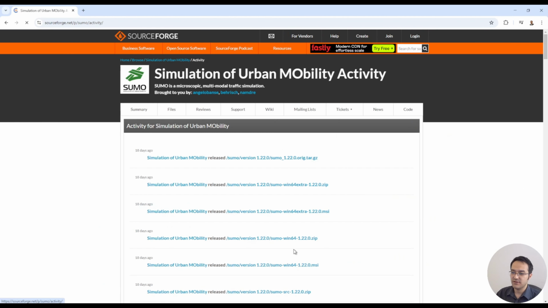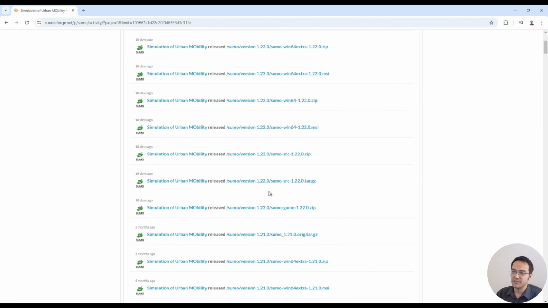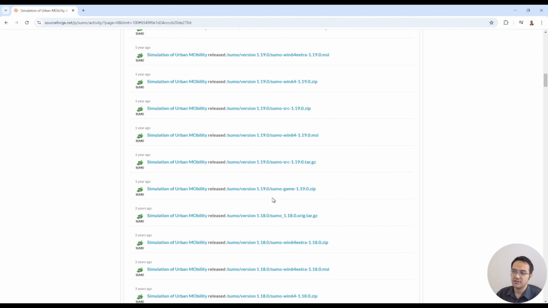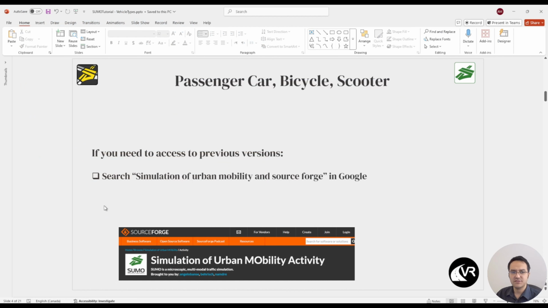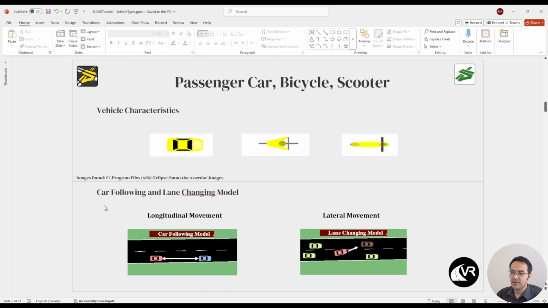For example, you can observe all the versions here, 1.19 and everything. But usually we don't need them for the most part. I try to upgrade the versions as I can. Okay, so without further ado,